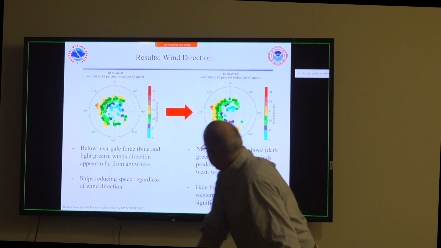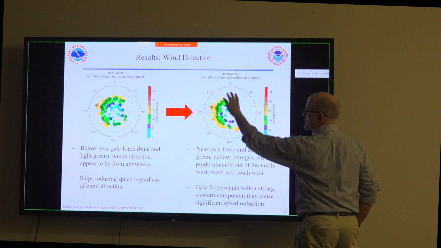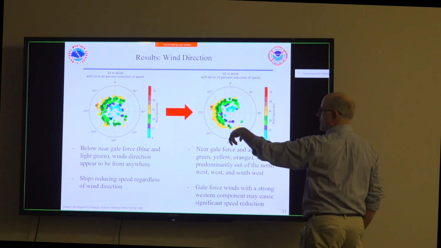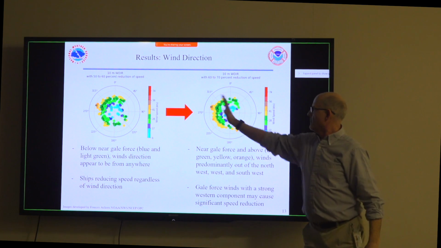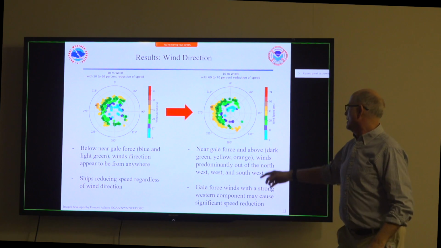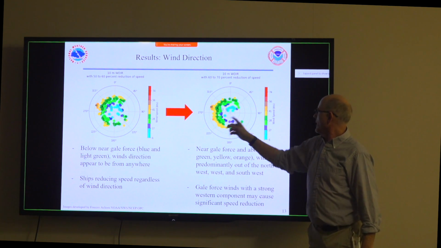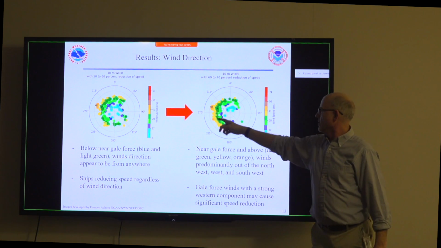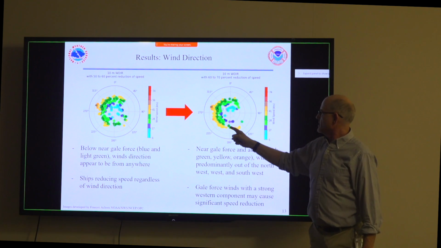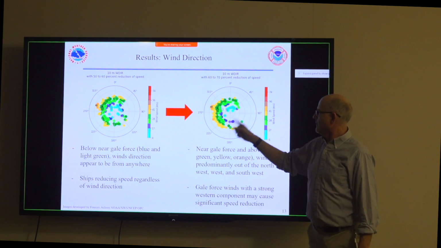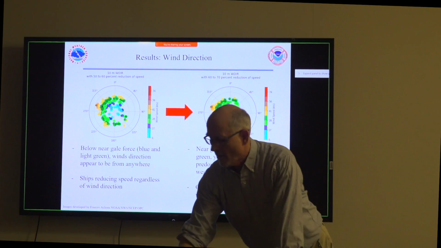So this is a 60 to 70%, and you can start to see it starts to favor some sort of westerly component of the wind, even though there is some south-southeast and northeast. But basically, the predominant, at least during this time period, and this is color-coded, anything yellow or higher in here is gale force winds. Another thing that kind of alarmed us is you get winds down to 20 knots in here that actually are having impact where ships are slowing down 60 to 70%. So it may not all be wind